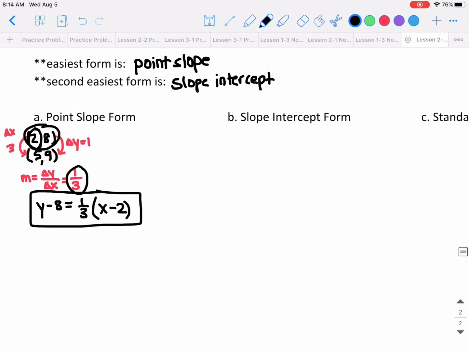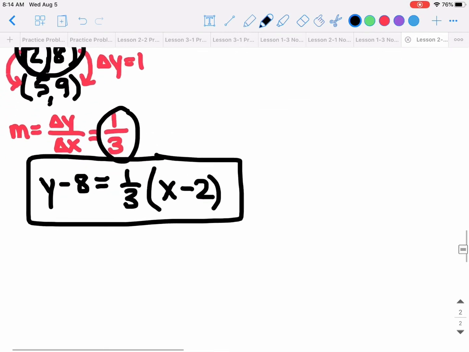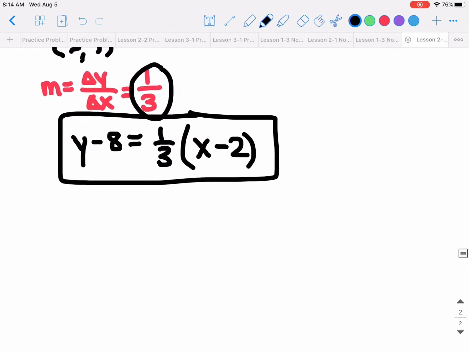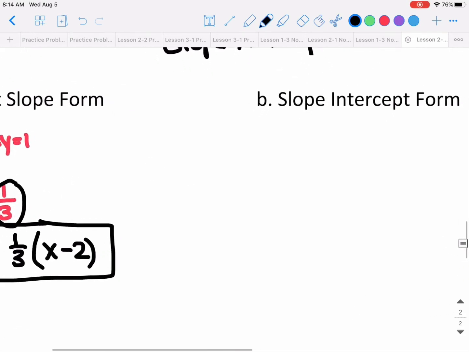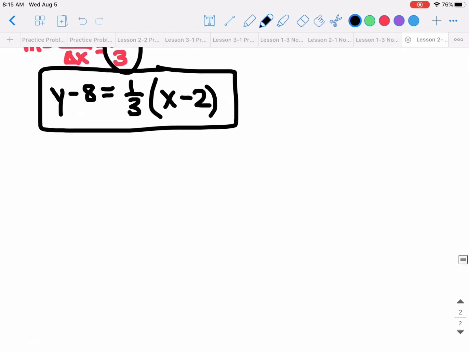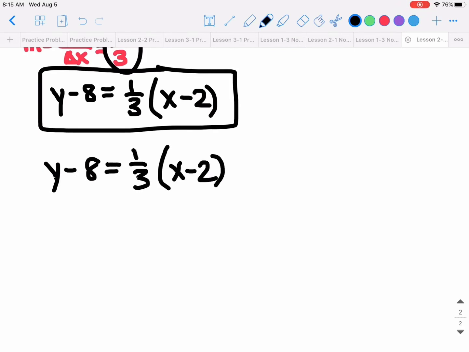To get from point slope form to slope intercept form, I just have to do a little bit of algebra to this equation that I already have. So what I'm going to do is take that equation, do it here, and then I'll draw an arrow. So I have y minus 8 is equal to 1/3 times x minus 2. The easiest thing I think you can do here is,